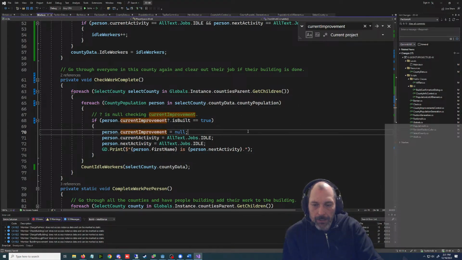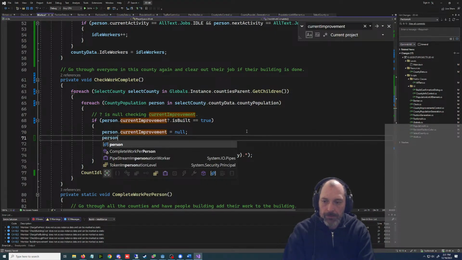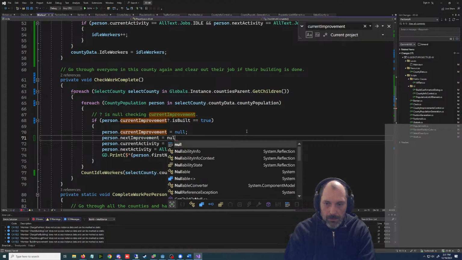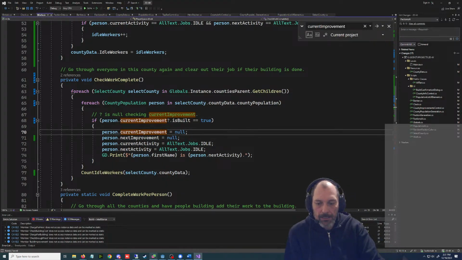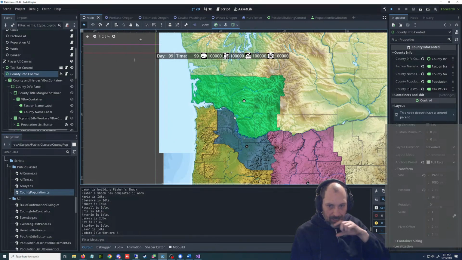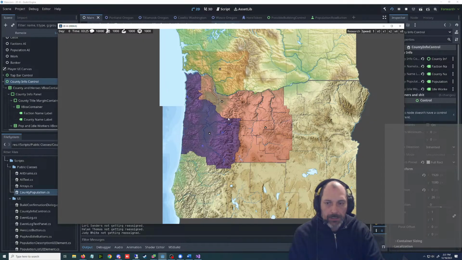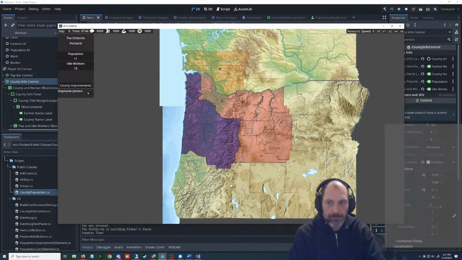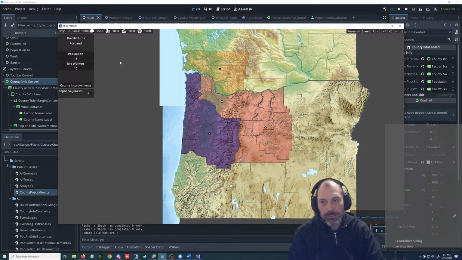We're saying clear their current improvement, but we're not clearing out their next improvement. And so eventually it comes over. If that's the issue, then that was dumb. That was too easy. All right, so we have to do this like the day after the thing's done being built.